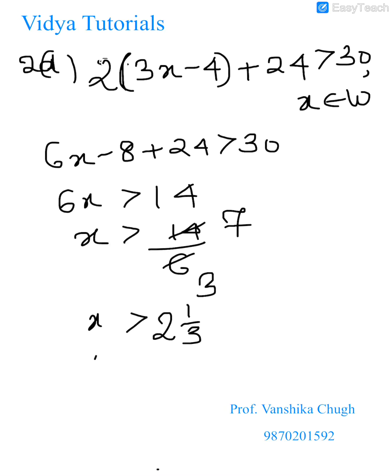Before the number line, remember your solution set is extremely important. So I have x belonging to whole numbers. Whole numbers do not include fractions. So x is greater than 2 whole 1 upon 3. So I can't take this. So which is the next whole number greater than this? The next whole number greater than this is 3. So your solution set will start from 3, 4, 5 and then dot dot dot, because there is no other limit given to me. So the whole numbers greater than 2 whole 1 upon 3 are 3, 4, 5, 6, and then you will have to show dot dot dot, to show that it is infinite.